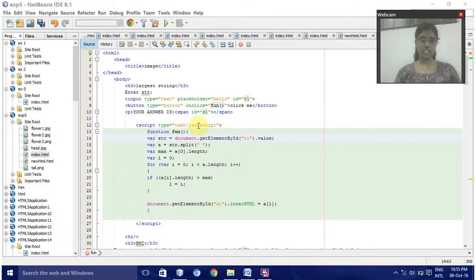this, to create the JavaScript functions, and function we are using, and var str, and then document.getElementById we have created, and the var in this string we are using, the string dot split, and then maximum length we are finding is 0 dot length, where L is equal to 0, using a for loop, and where i is equal to 0, i less than a dot length, i plus plus,